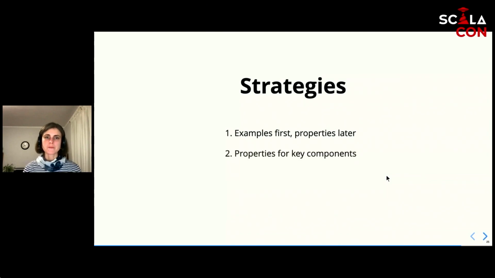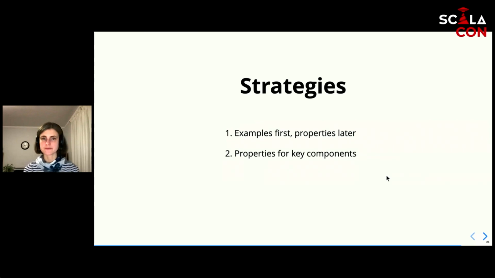And the second strategy is, if we say that property-based testing is not something that you can write very quickly and it takes some effort, then maybe only start writing them for your key components. And what does it mean, a key component? It can mean, for example, the most difficult part of your project, maybe some, I don't know, financial or accounting stuff, maybe something that no one really is sure how it works. Play with property-based testing with it and discover what you can find with coming up with properties and discussing them